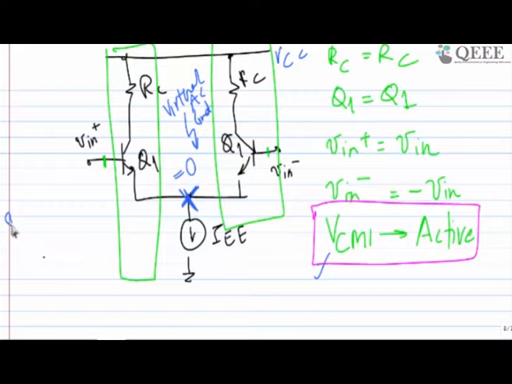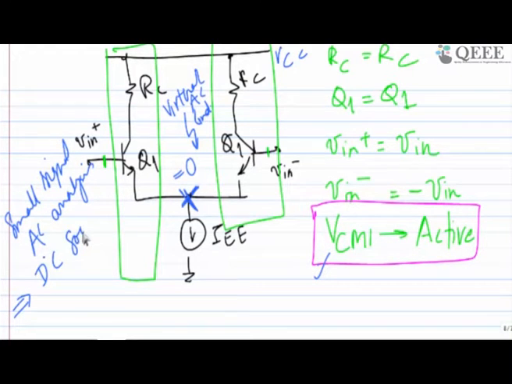Other than that, if I want to do the small signal AC analysis, I should make sure that all my DC sources are equal to 0 volt of AC plus some DC voltage. But I am not doing DC, I am only doing AC. So DC has to be removed, or you can say that all the DC sources will be equal to AC ground. DC source is equal to AC ground.